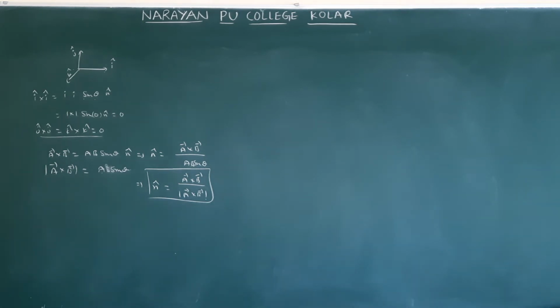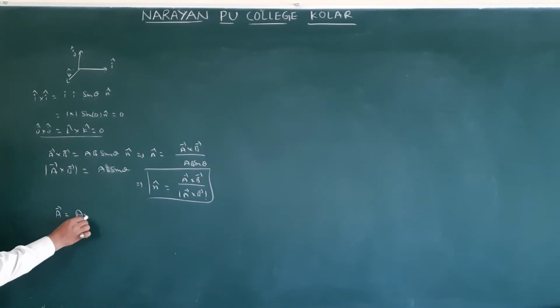Then we will see how to do the cross product. By doing the cross product, they gave one example, and that example only we will solve. They gave two vectors, A bar and B bar. If A bar plus B bar equal to 0, find the value of lambda and mu. So how to find A bar plus B bar?